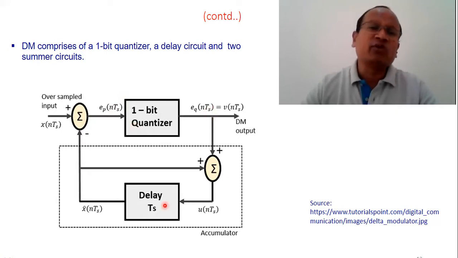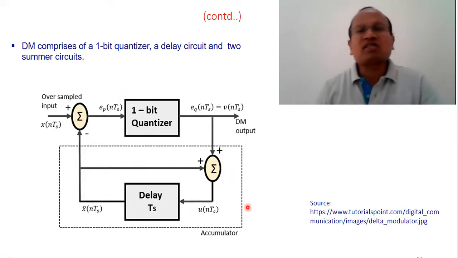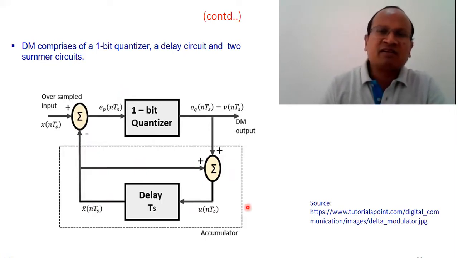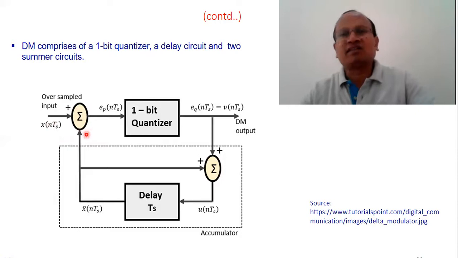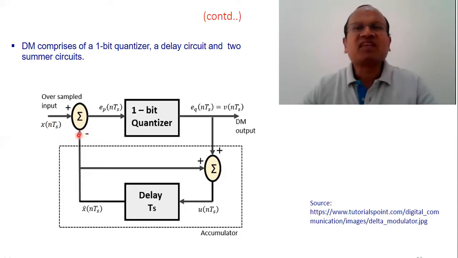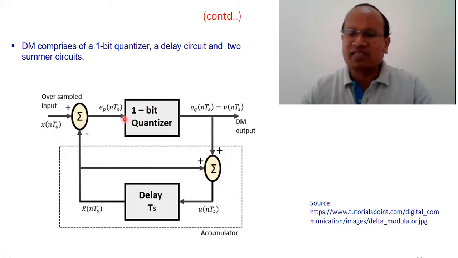It is again sent to the delay unit, and again we bring the signal which was previously generated here, so that roughly we'll try to approximate the previous signal, and then the previous signal will be again compared with the next incoming sample, and the process keeps on going, until all the samples in the analog signal are encoded. So the main element here in DM is the 1-bit quantizer. There is a delay unit, and there are 2 mixers or 2 summers, you can say.